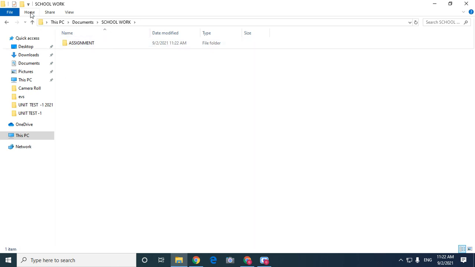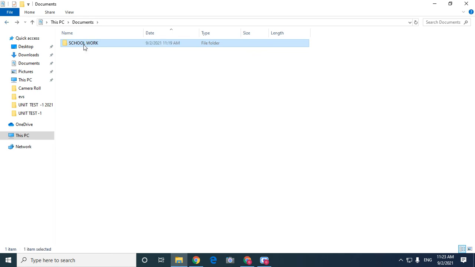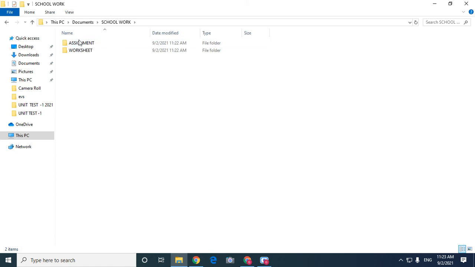Once again I'll show you. Just go to the Home tab, New folder, and here we will write Worksheet. Worksheet, just enter it. So in the school work folder, you have two folders, that is Assignment and Worksheet, where you can save all assignments in the Assignment folder and all worksheets in the Worksheet folder. So this is creating a new folder. Okay. Next one,